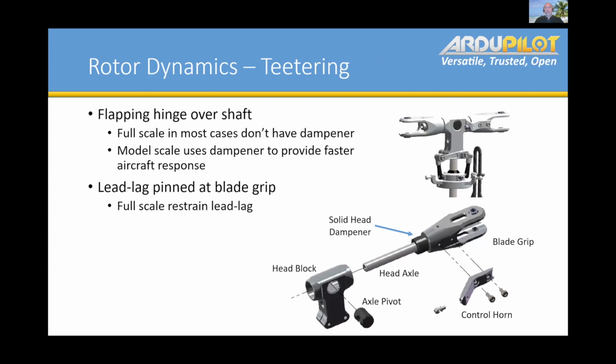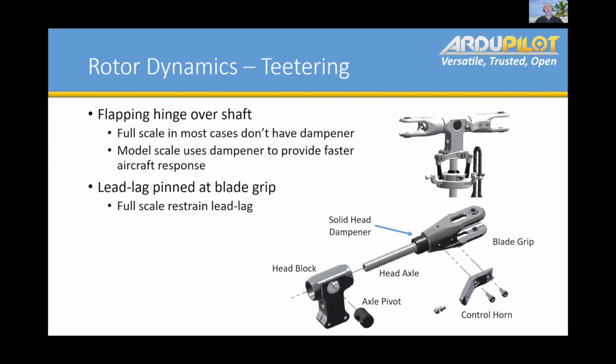So, different types of rotor systems. You have your teetering, articulated, and the one you showed previously was an articulated rotor system. This is teetering. Its definition there is that we have this flapping hinge over the shaft. And so kind of the difference between full scale and model scale helicopters, most full scale helicopters don't have any